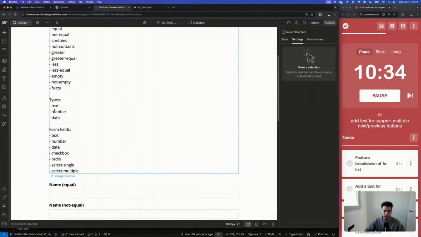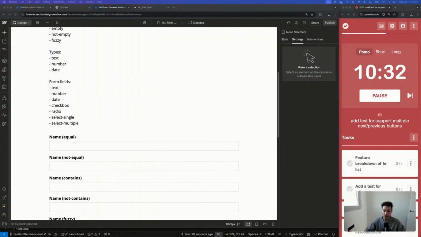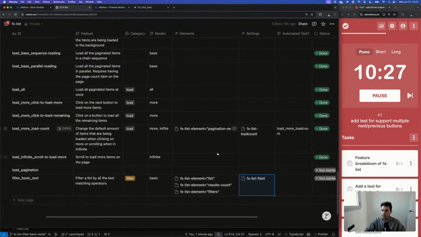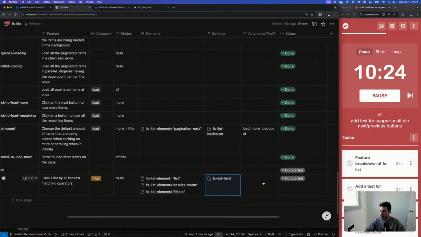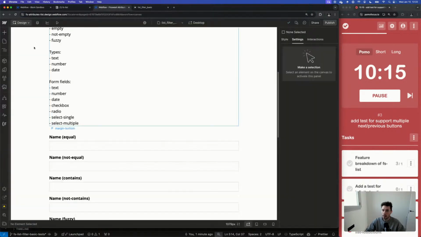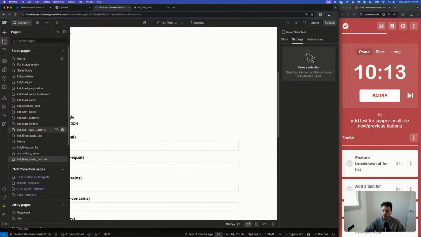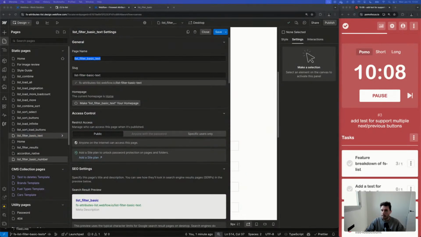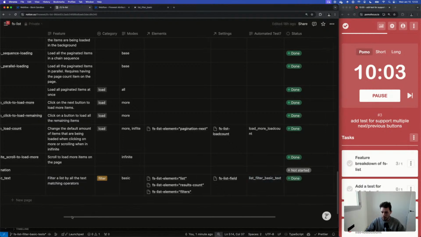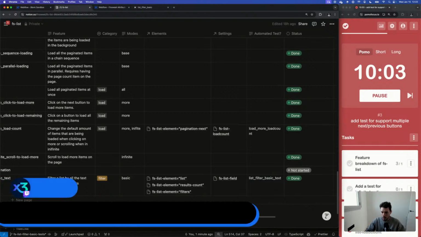Let's do another test, but just for numeric values. This means that this is completed. This is done. The automated test is the filter basic text. Like that. Okay, great.